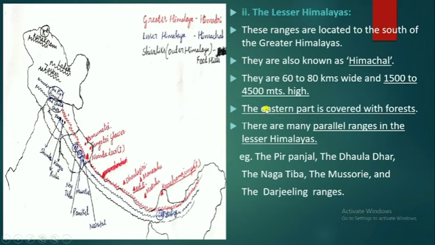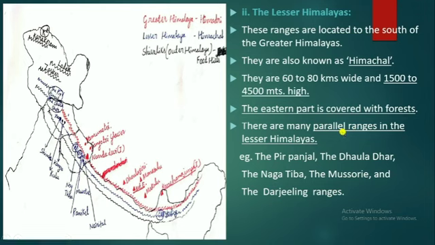Okay. Next, the eastern part is covered with forest. See, this is the western part. See, this one is eastern part. So eastern part of this is covered with forest. Next, there are many parallel ranges in the lesser Himalayas. Some tricky point is here. What is that? Parallel ranges. Already we came across this word, parallel ranges. That means